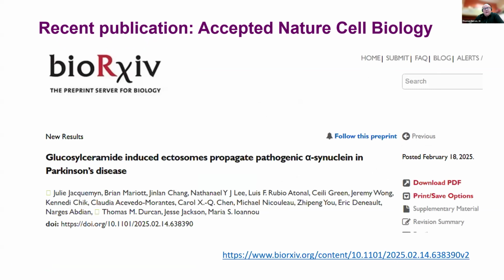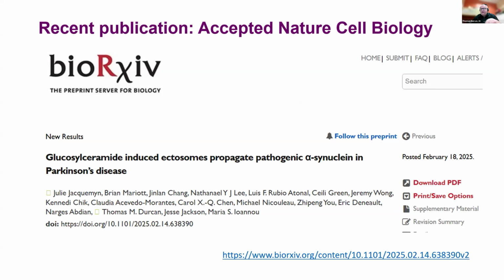the cells as well. Just to give you an example, this is actually going to come out in the coming days. It's been accepted in Nature Cell Biology. So just to show that these lines, we don't keep them to ourselves. We do make them available. Maria Juan, who's a collaborator of mine from Alberta, does a lot of high magnification imaging, really looking at vesicle release. She's been able to show with some of these mutant lines that we've provided, there are changes, and you could show ectosomes that would get released containing the synuclein, and this was able to then propagate to pathology.